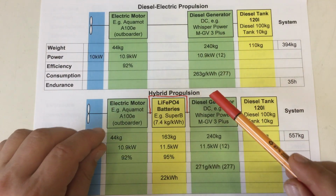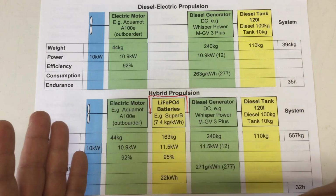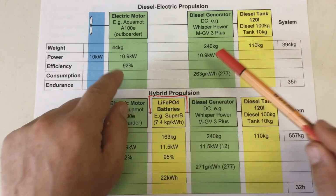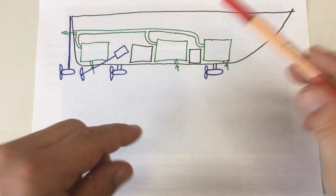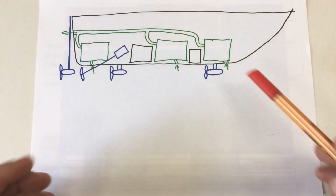In any other aspect, they are very similar. I mean, you can run purely electric for a while, so you could say you have a little bit less stink and noise than with a diesel electric propulsion. On the other hand, it might be a little bit more complicated to design the whole system because,